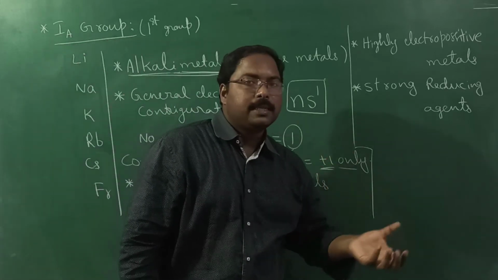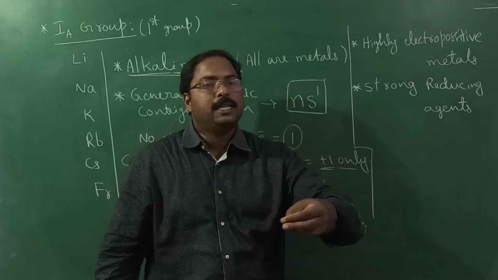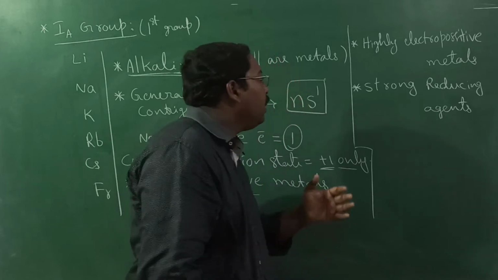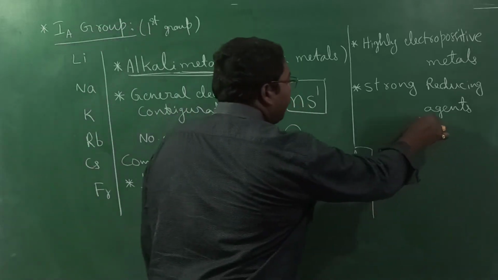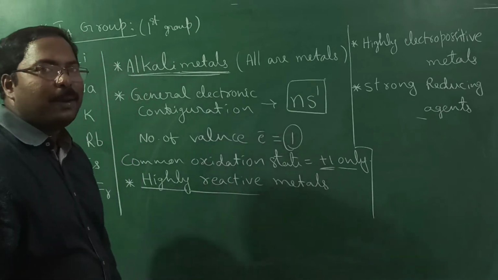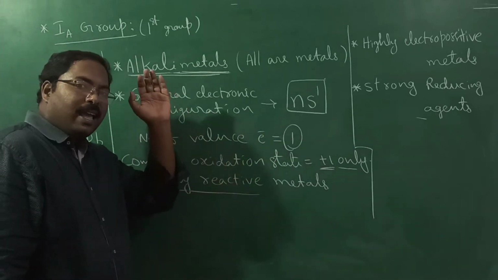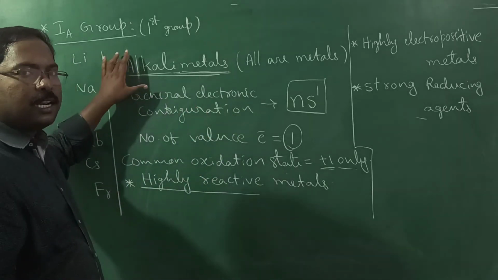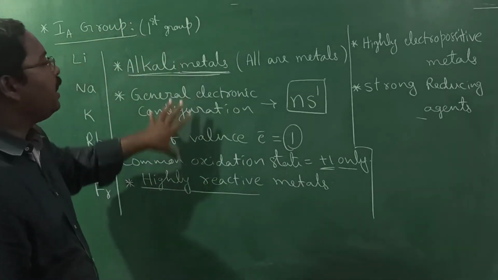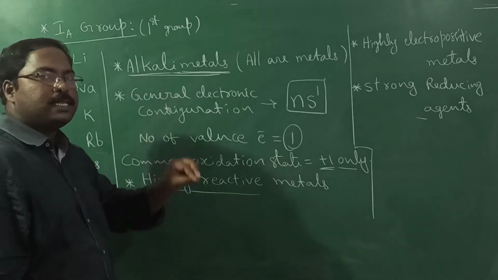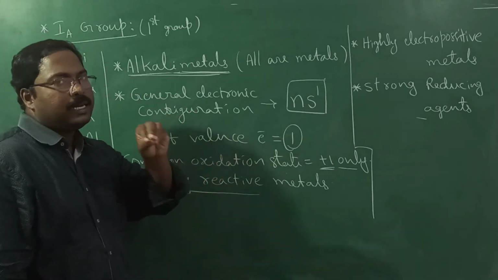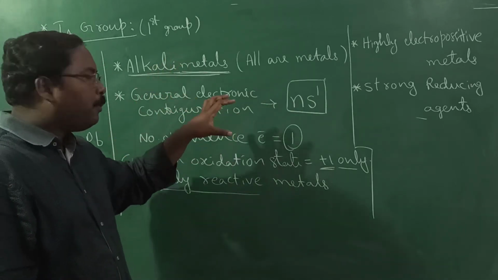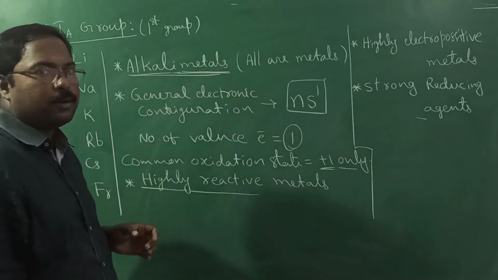So what is a reducing agent? What reduction and oxidation are, we generally know, and we will discuss them in detail in further lessons. So remember this main basic point regarding the first A group elements, because we have the s-block elements lesson in the first year syllabus, where we discuss all the properties of these first A and second A group elements clearly. Now briefly, what are the main points we need to know about this group? Let us note them down.